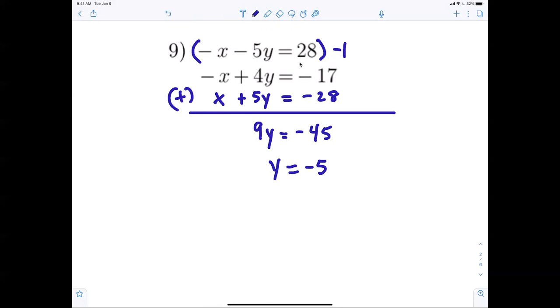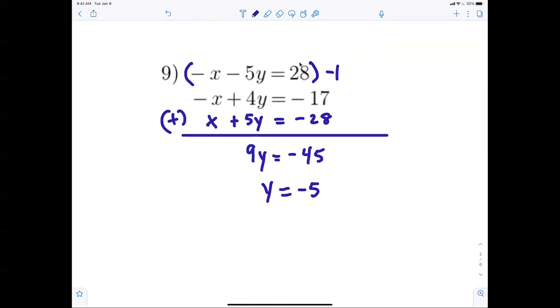So why are you changing the signs on the top one? Because I want the x's to cancel out. Oh, okay. One has to be positive, one has to be negative, and they have to be the same number. All right, now that y equals negative 5,